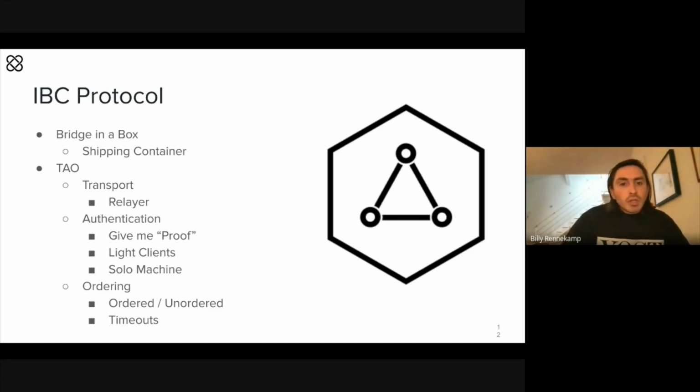And the way we do that in blockchains is with light clients. This is the highest degree of proof that the contents of an IBC packet came from where it really said it's coming from. And the way that works is that you've got two blockchains and they've got a consensus mechanism. And a light client is just a way of saying,